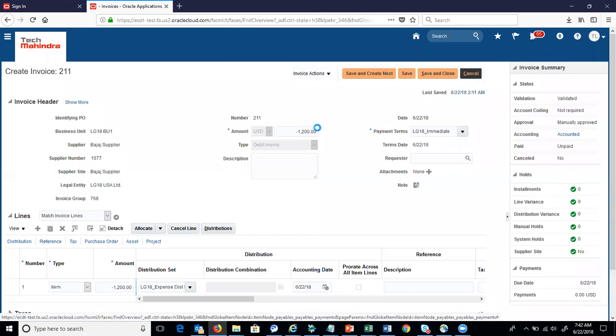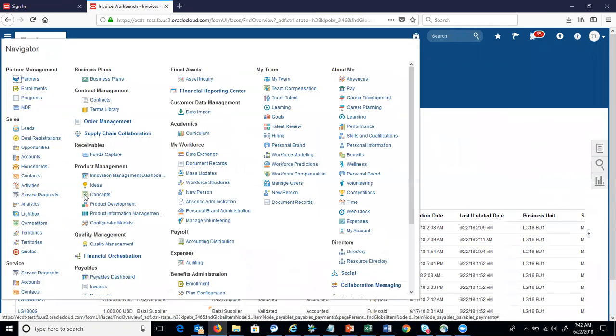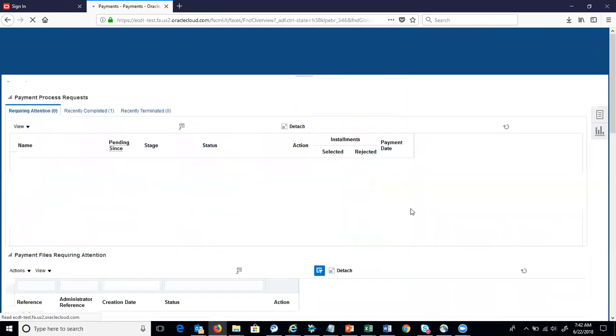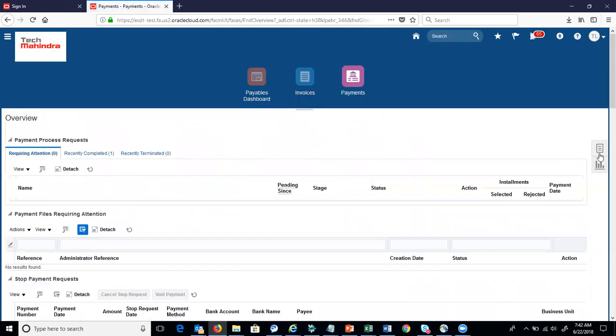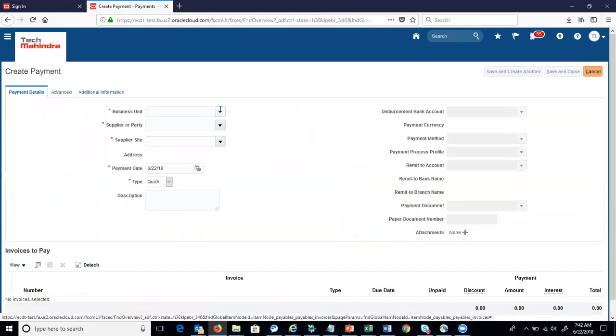Okay, so the invoice number is 211. So this amount, the debit memo which we have created, is for the purpose of taking back the money from the supplier. So let's go to payments workbench and just click on this right task pane. Go to create payment and select your LG18 business unit 1 and select the supplier, Bajaj Supplier, and